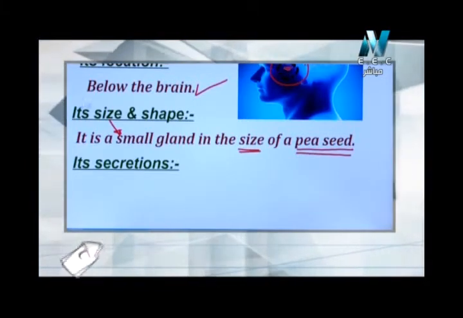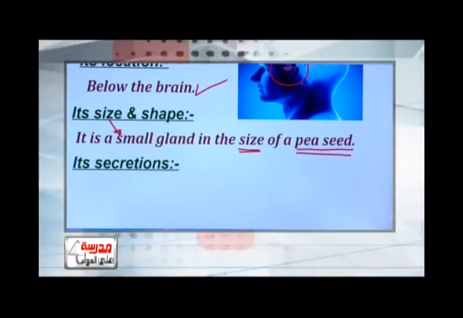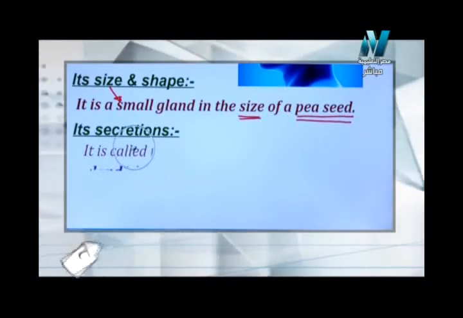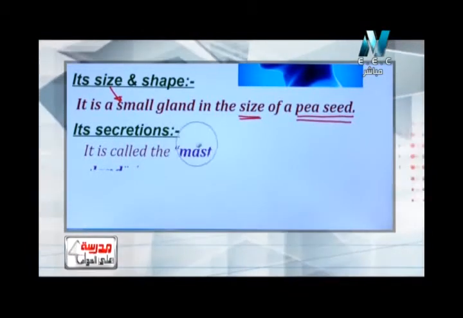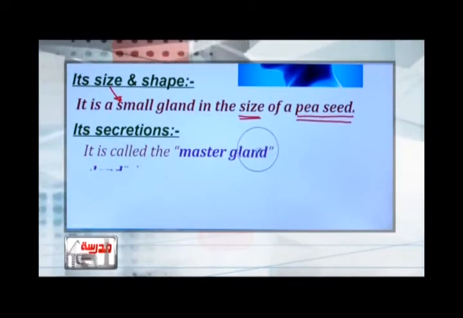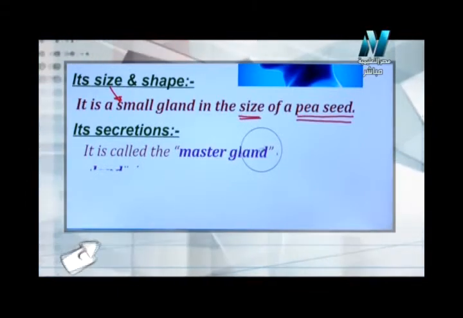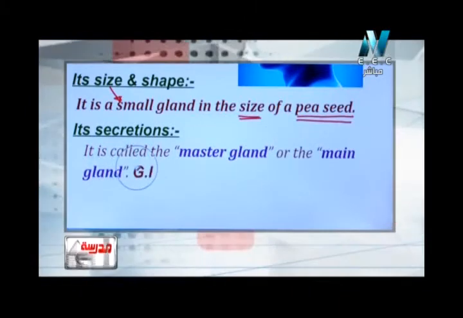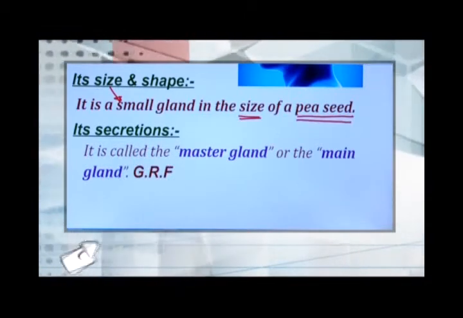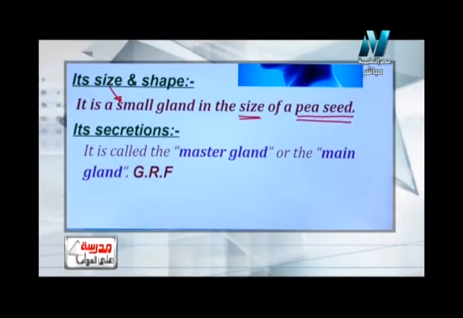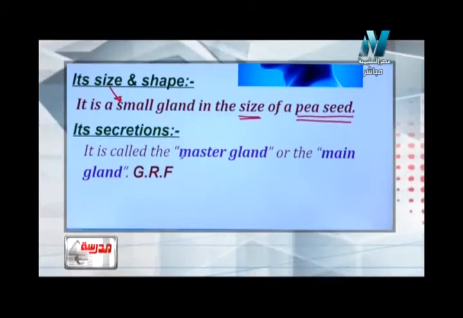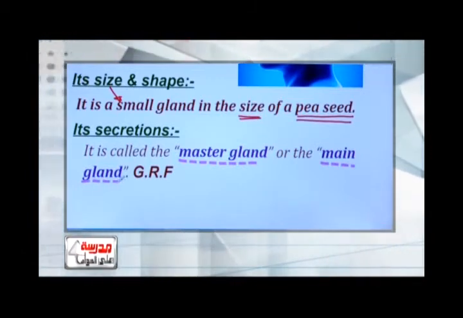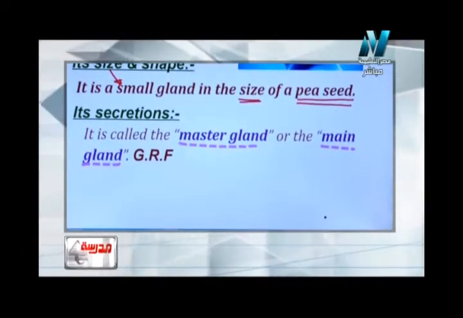We should know here the secretion of pituitary gland is what? We have number one: the pituitary gland is called the master gland. It's called the master gland. الغدة الرئيسية. Or the main gland. And here we have give reason for. The first give reason in our lesson today. The pituitary gland is called master gland or main gland. ليه بيسموها الغدة الأم أو الغدة الرئيسية؟